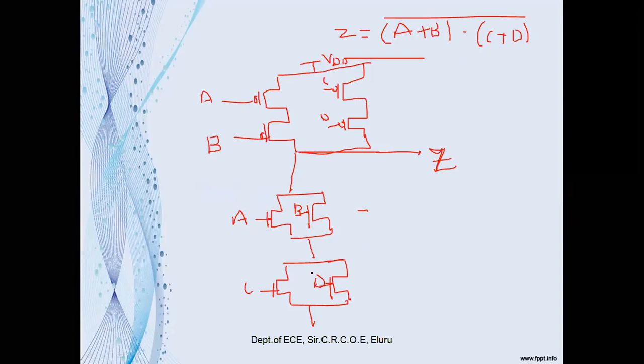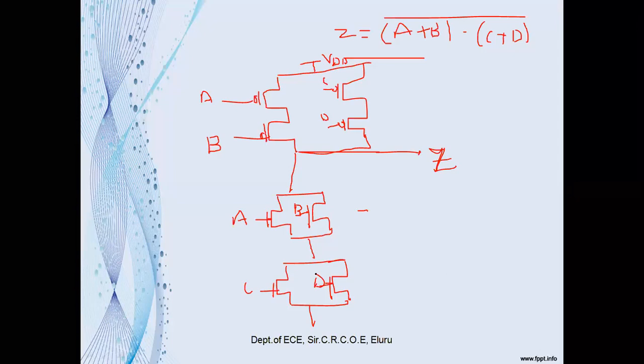So you are having the same structure. The only difference is either they are connected in series connection or they are connected in parallel connection here. So this way we can implement any logic function using the CMOS AOI logic and CMOS OAI logic. Did you get the advantage of this circuit here? Did you notice the point here? What is the advantage here?